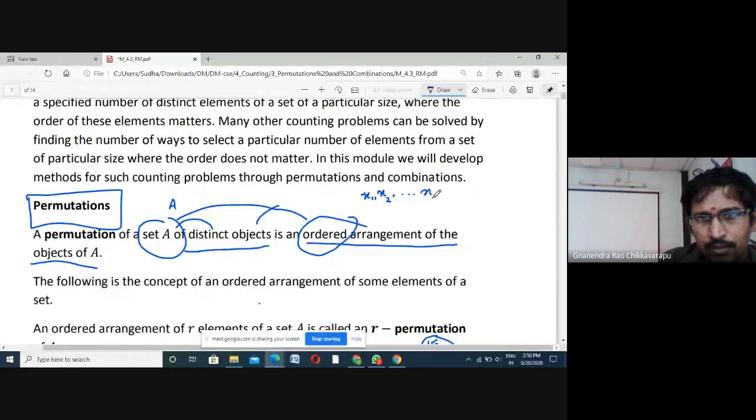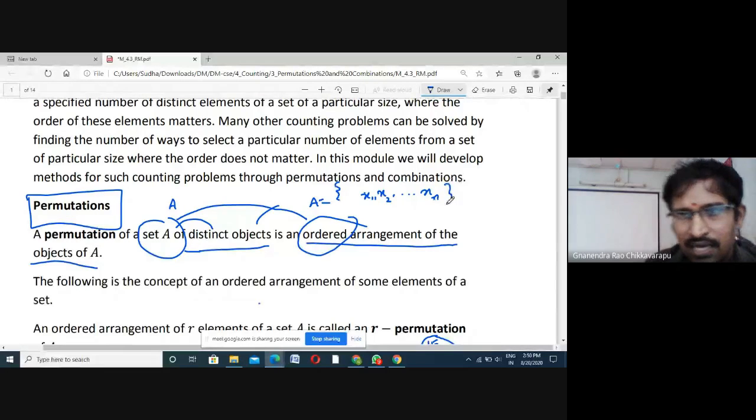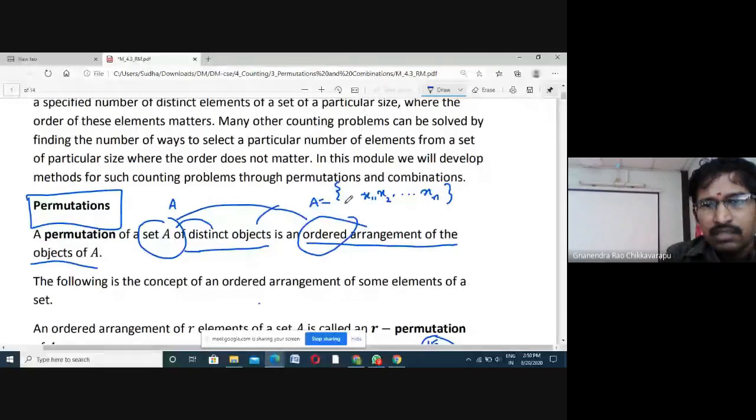Now here, A is a set of x1, x2, so on xn, which is just a collection only. Elements have no order.